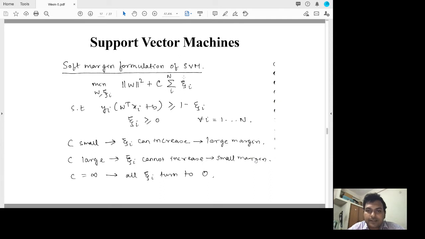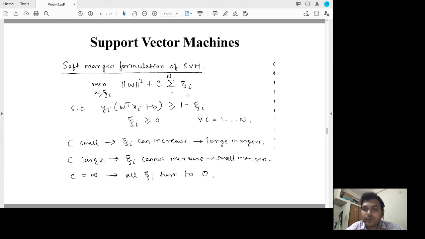So what this means is you cannot go on increasing xi and still be happy. This optimization problem brings in a balance between the norm of w squared and the summation of xi's, and that balance is defined by the constant c, and the constraints are as they were. So what are the possible values of c? First, c becomes very small. If c becomes very small, think of this in an intuitive way: if c is small and I am trying to minimize this sum, then I can